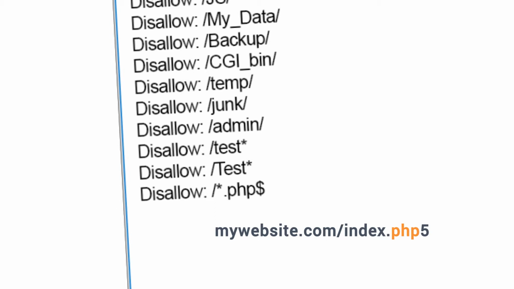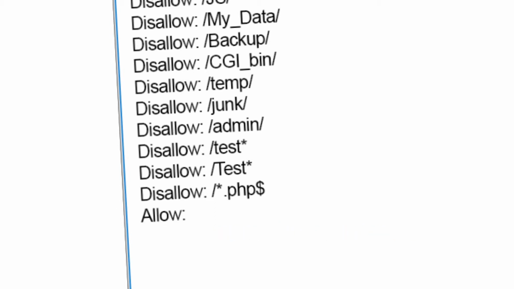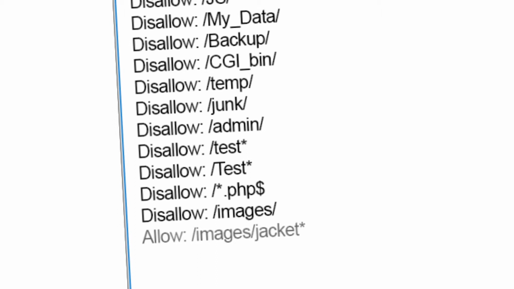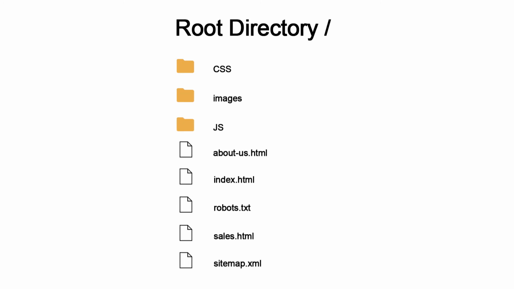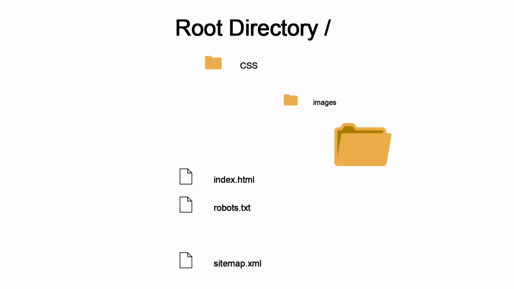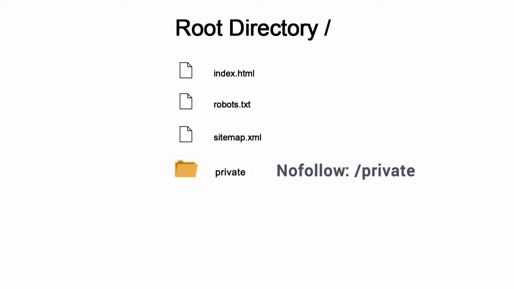And by the way, it should also be noted that the allow directive, at this moment in time, is only supported by Google and Bing crawlers. But you can disallow an entire folder, for instance, then use the allow directive to let them crawl a specific file or files within that folder and to ignore all the rest. If for some reason you want to create this rule for all search engines out there, then the only solution is a bit on the awkward side. In that case, the only thing you can really do is to have all the content that you want disallowed under the umbrella of one folder, then store those files you do want crawled in the folder one level up. Now, I'm not exactly sure why someone would want to do this. It's quite rare, but just in case that's useful to you, there you go.